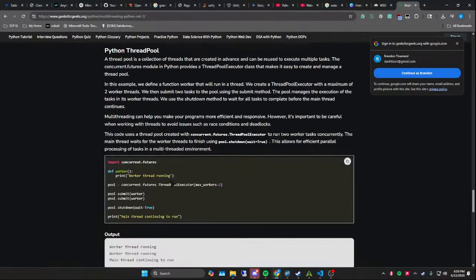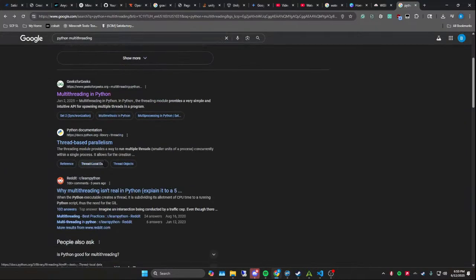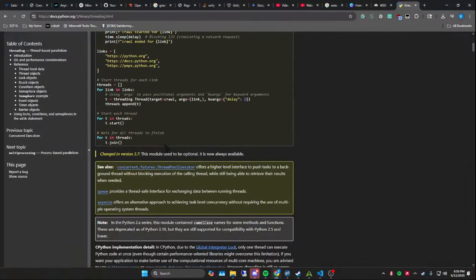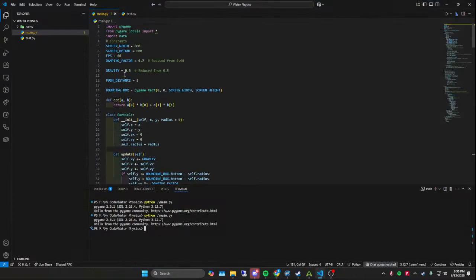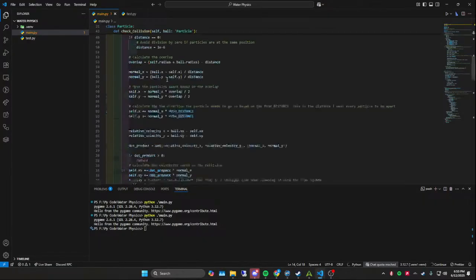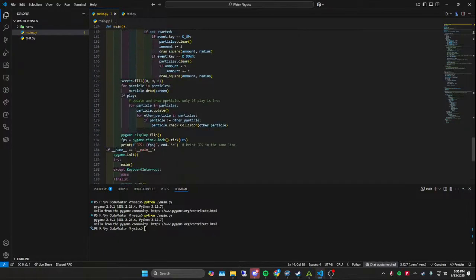I kind of want to test this out. Let's see. Oh, so I could do something like this. Actually I could use threading. Import threading, and using threading, if we come down here,